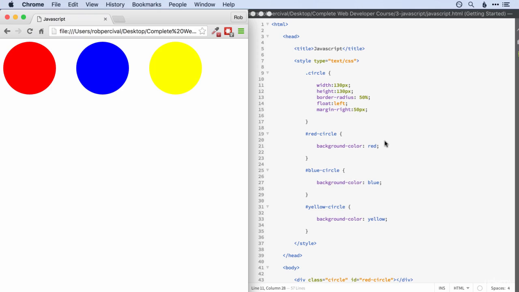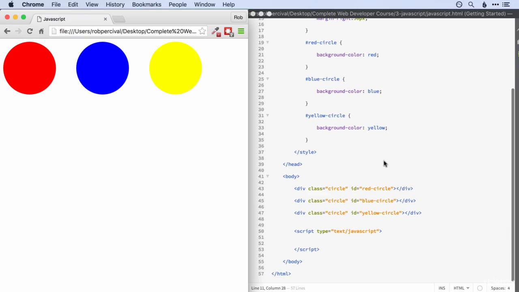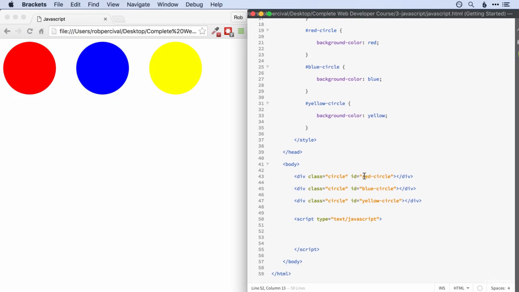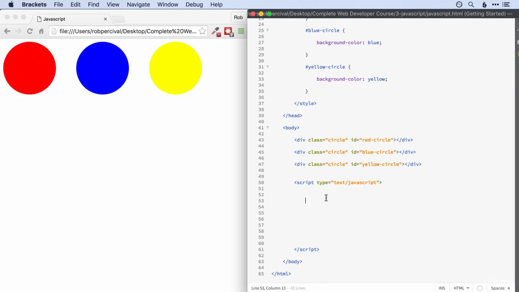Now then, it's just a matter of writing a little bit of JavaScript. And that should all be fine. Let's start with the red circle. So we're going to want to add an onClick function to our element with an ID of red-circle. And we want to make it so that when it's clicked, it disappears. So it should be fairly straightforward. Let's start with document to say that we want to access something in this document, and then good old getElementById. Then we give it the ID of red-circle, and then onClick,